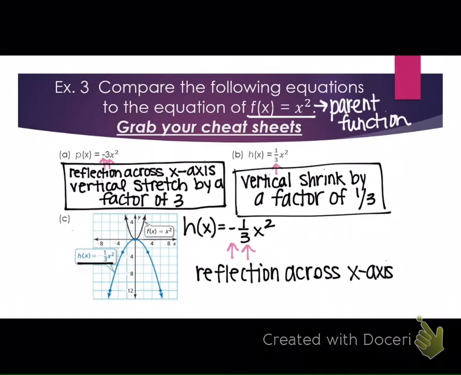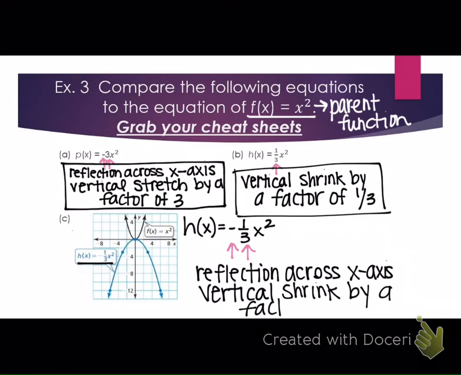All right, 1/3. Are they adding it, subtracting it, or multiplying it? They're multiplying, so that takes me down to the bottom of my cheat sheet. I know it's a stretch or a shrink. Are they multiplying f of x, or just x? F of x. So that makes it vertical. Good. And what is my a value this time? 1/3. So where does that fall? Is that greater than 1, or is that between 0 and 1? So that makes it a vertical shrink by a factor of,